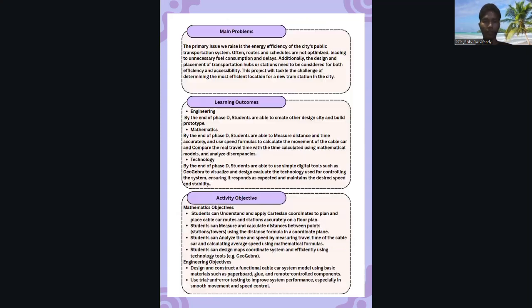Okay, next. The main problem is energy efficiency for the public transportation system, and additionally the design and placement of transportation stations. And for the learning outcome, in engineering, students will create an urban city design and build a prototype. In mathematics, students will measure distance and time accurately and use speed formulas to calculate the movement of the cable car or train. In technology, students will use GeoGebra to visualize and design the